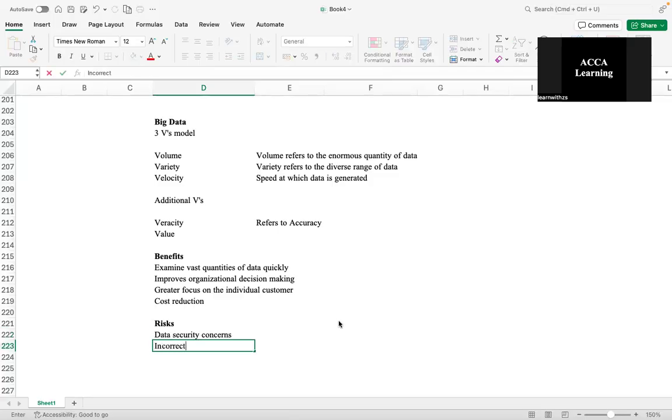Incorrect data can lead to incorrect conclusions in the end, because if the data is inaccurate, if it is incomplete, it can lead to very flawed decision making, right? Then you have poor handling